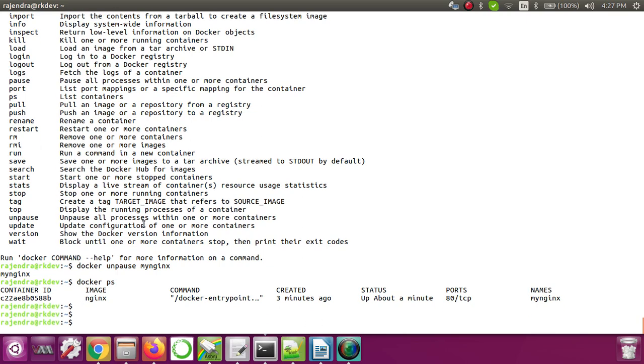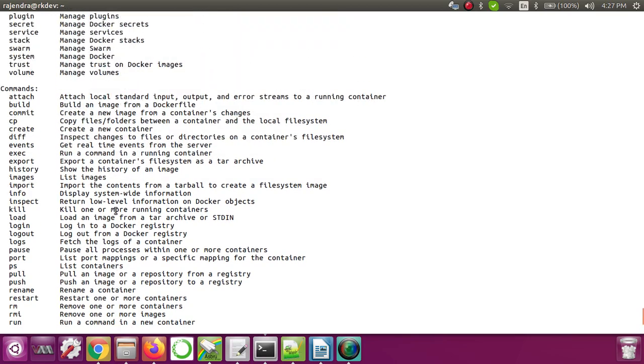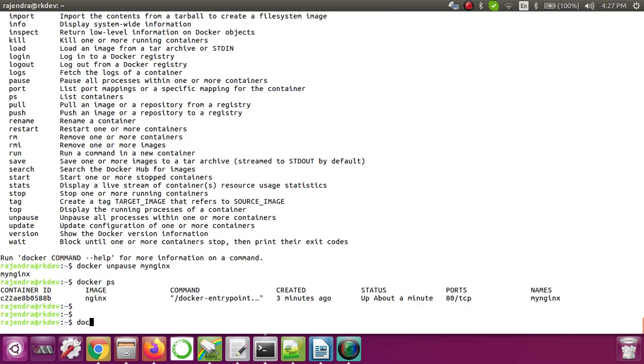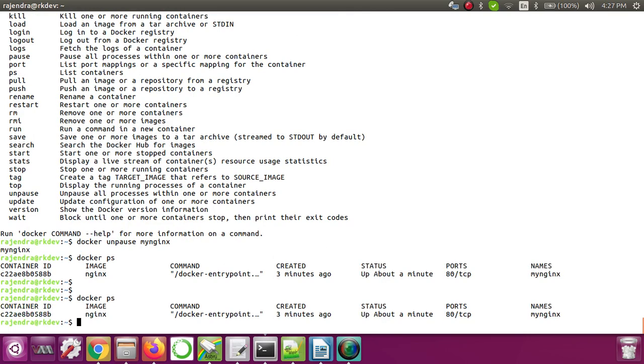Now this container is running, docker ps. If you want to log in inside the container, how can you do that? For that we have the docker exec command. To open the shell of that container, we have to use -it. It is for an interactive shell, but before that we need to give the container name, and then give any shell that it supports.